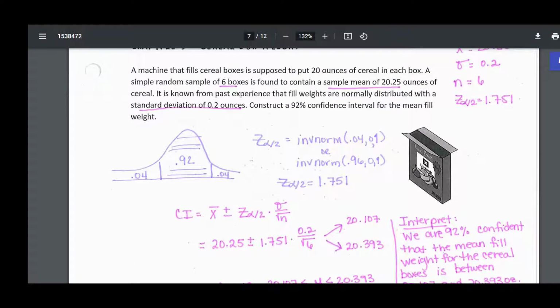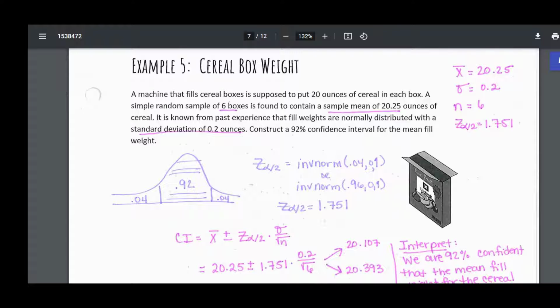So let's just identify the statistics that they gave us from the sample. There is a sample size of 6 boxes. That's a very small sample, but it does say that the fill weights are normally distributed, so it's okay that it's small. The sample mean was 20.25, and then notice the standard deviation they give us is not from the sample, it's from past experience. So that means that it's a population standard deviation, a sigma of 0.2. So what we're going to do is we're going to go over to Rguroo,